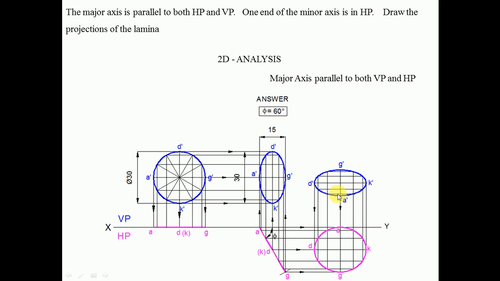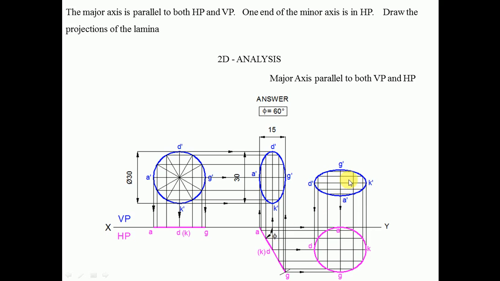From there you project this, you are going to get this point, and from here you project this, you are going to get this point. So you are going to get these 4 points. Similarly measure the length from this point to G dash. From this point you cut an arc on G dash, and similarly from this to get A dash. Once you get the 12 points, you again draw a smooth curve. So the major axis is now parallel to HP. Here the major axis is already parallel to VP.